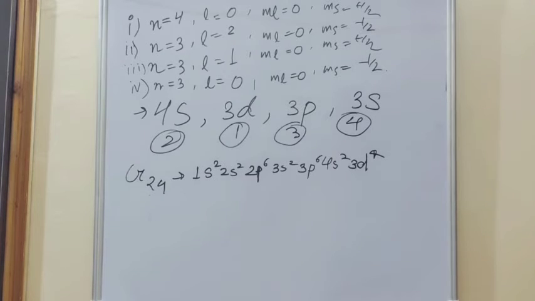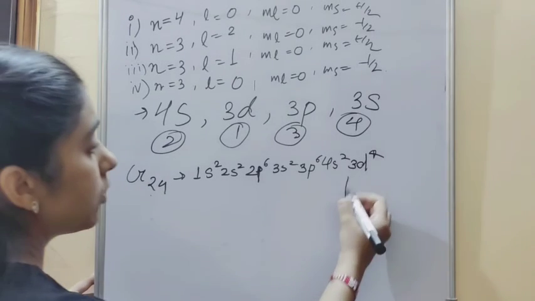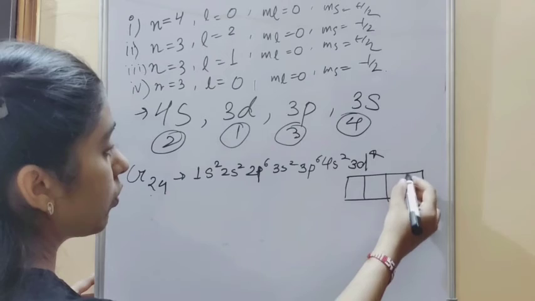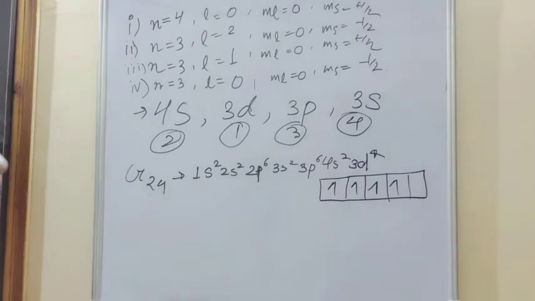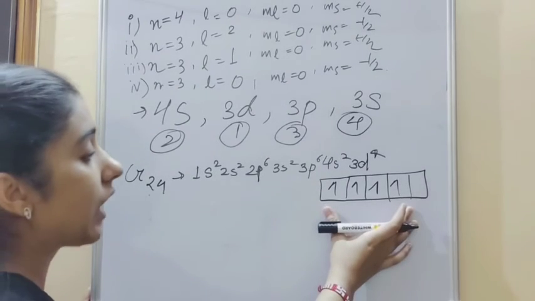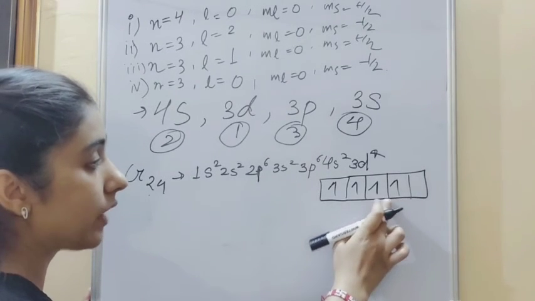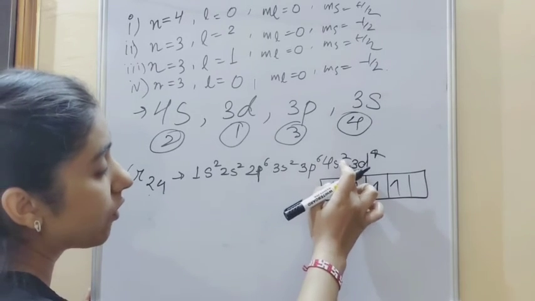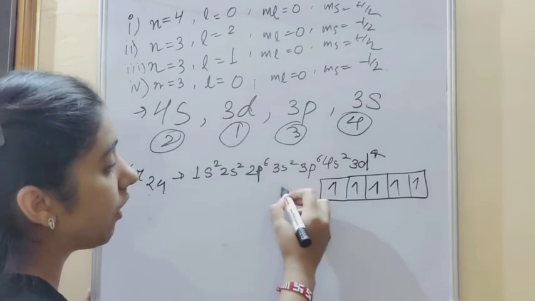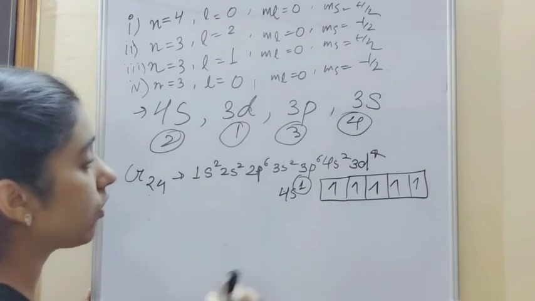Okay, now we have to identify in which orbital the 19th electron will enter. So the outermost shell is d, with 1, 2, 3 and 4 electrons. So there are 4 singly filled electrons, and we know that if a d orbital is half filled, it is more stable as compared to this situation. So the one electron in 4s will be transferred to the d orbital, and in 4s only 1 electron will remain.